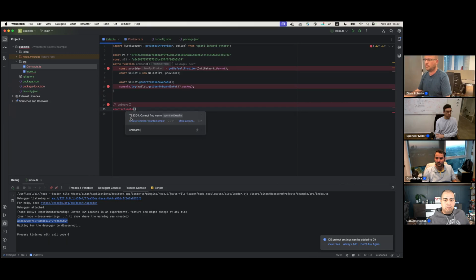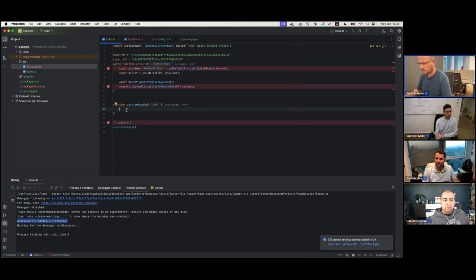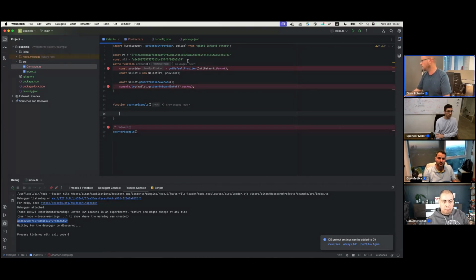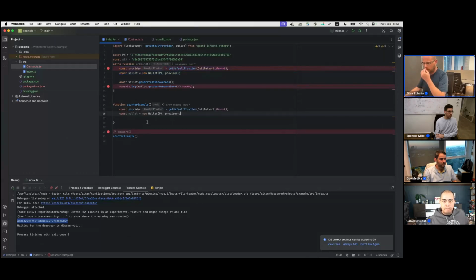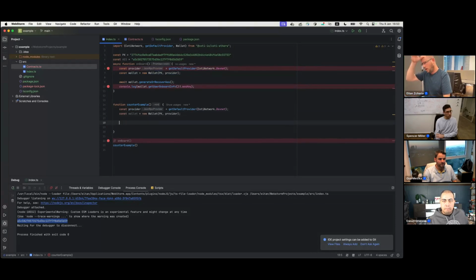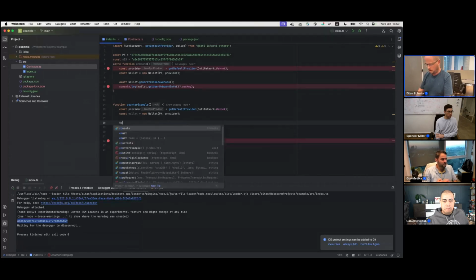And let's create it. Example. Sorry for the typo. Okay. Wait just a second. Okay, I didn't save the wallet in some common variable, so let's do it again. And let's create a const